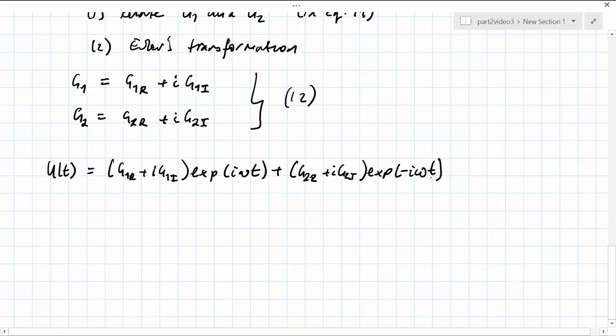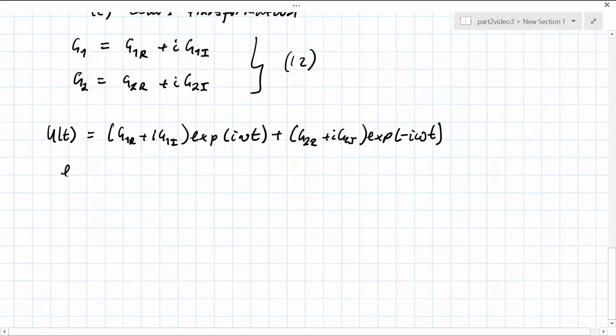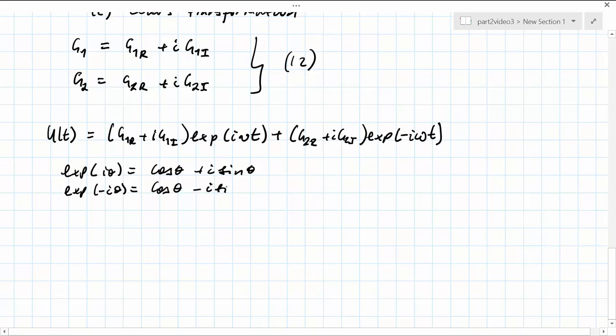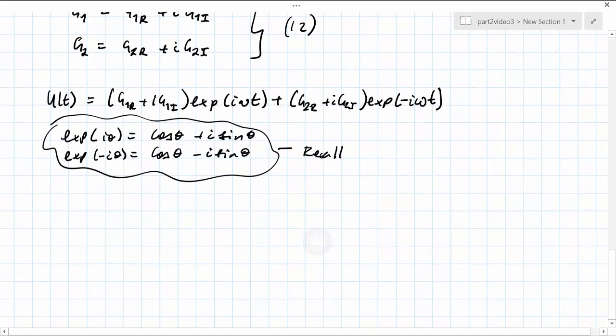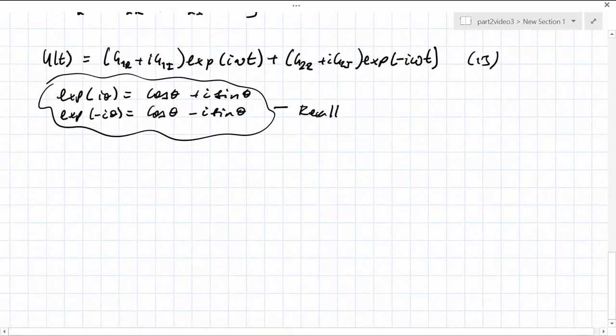If we recall from Euler's equations that the exponential function of i theta is equal to cosine theta plus i sine theta, and the exponential function of minus i theta is equal to cosine theta minus i sine theta, then we can write equation 13 as